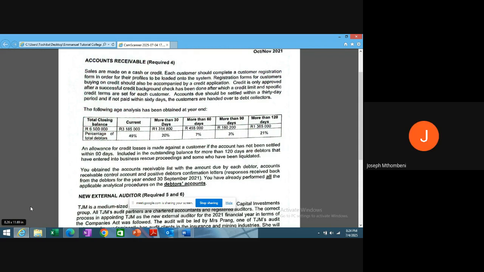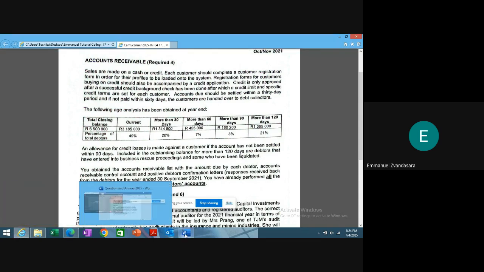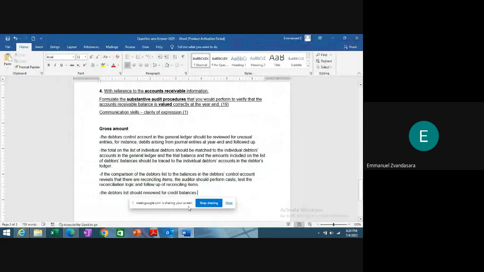Okay, so in our answers, we are actually dealing with accuracy, valuation, and allocation. Yes, exactly. Why are they now combined? The question is specifically saying valued, right? Why are we now